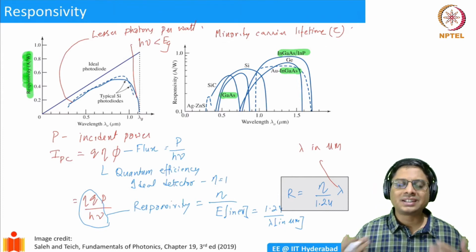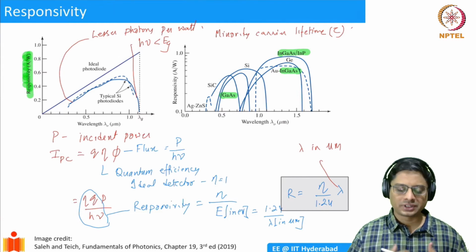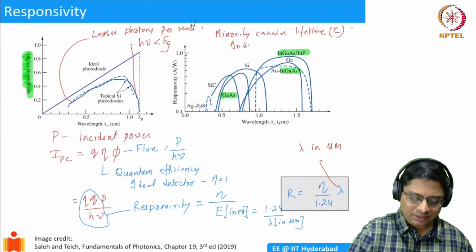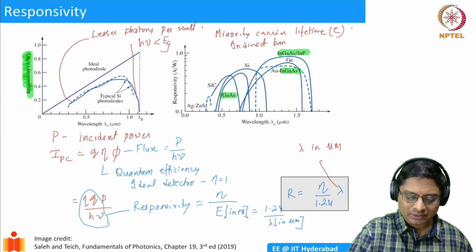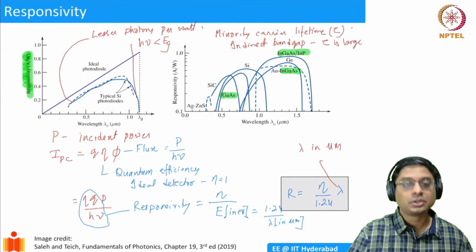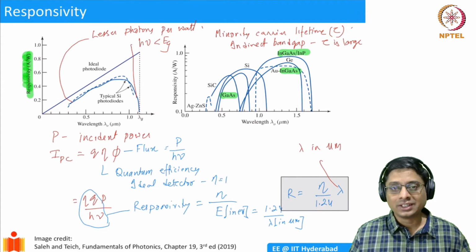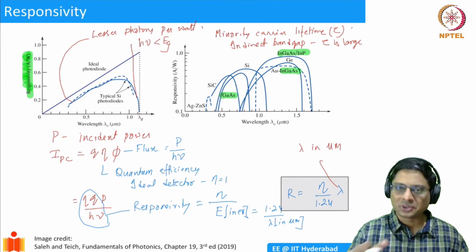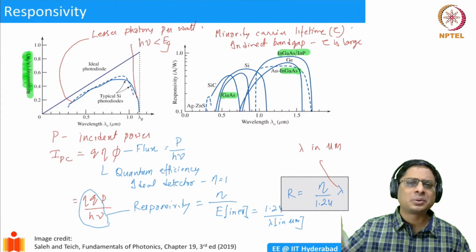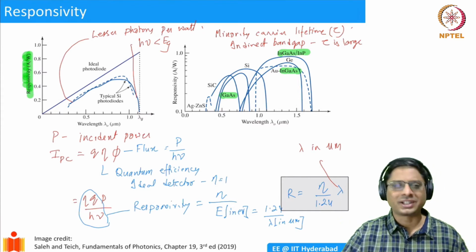Since we said that indirect bandgap semiconductors are not good at interaction, the interaction of photons and electrons is not very efficient there. So for indirect bandgap materials, tau is relatively large. Tau is smaller for direct bandgap materials. That means it's very efficient to generate electron hole pairs, but it's also efficient to recombine them. That's why tau is smaller for direct bandgap semiconductors. Whereas for indirect bandgap semiconductors, it can go up to even the 10 power minus 6 seconds scale.